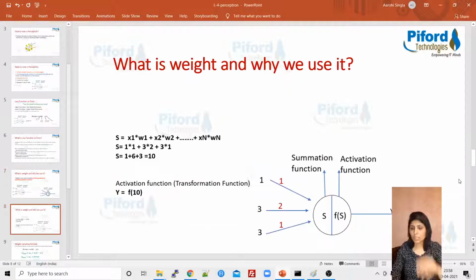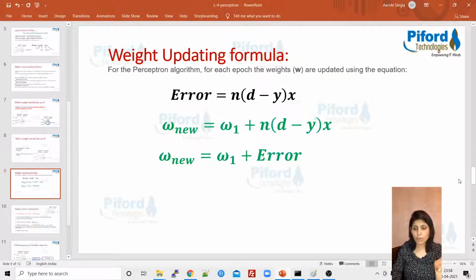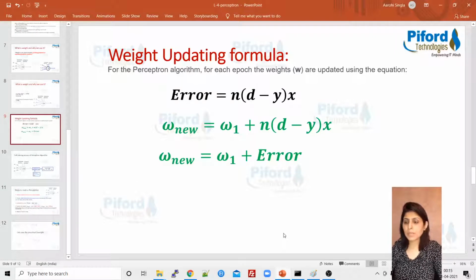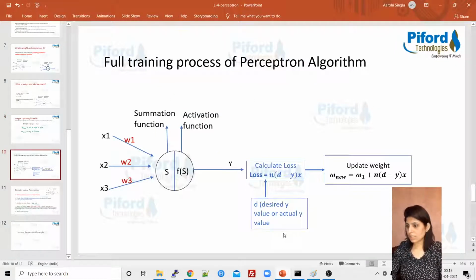Now, as I've just told you about weights, let's talk about the weight updation formula. Weight updation simply means, consider this image first. What we have done till now is these are the three inputs, and these are the initial weight values which we decide ourselves. Suppose the initial value I have defined for W1 is 1, for W2 is 0.3, and for W3 is 0.5. Suppose these are the three initial values.